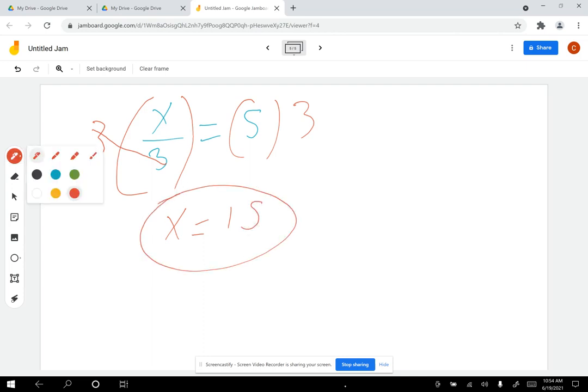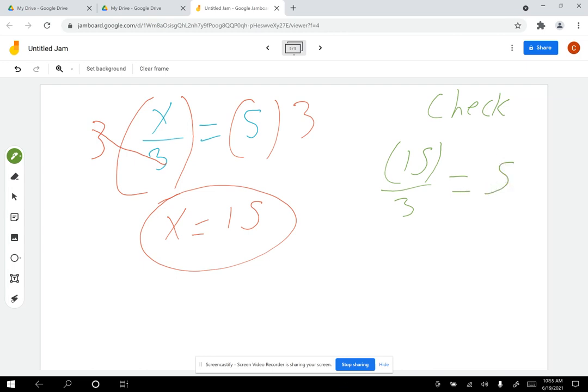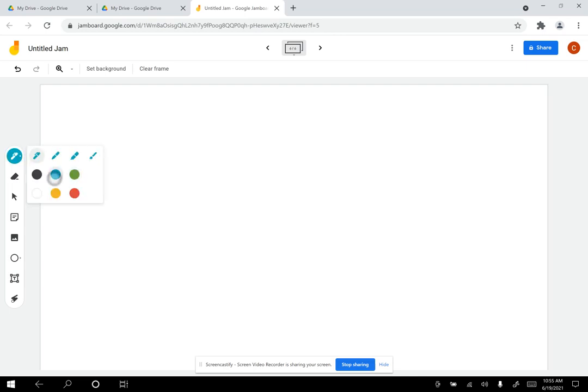We'll do our check. I used red, so we'll use green to check. We have 15 over 3 equals 5. 15 divided by 3 is 5. 5 equals 5. Check. Well, we have one last problem we're going to look at. Let's use blue. If I have x over negative 5 equals 10,